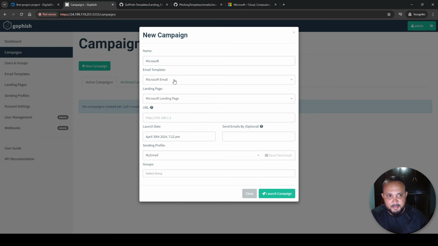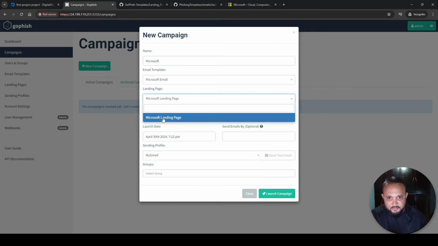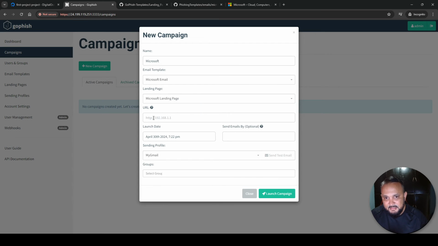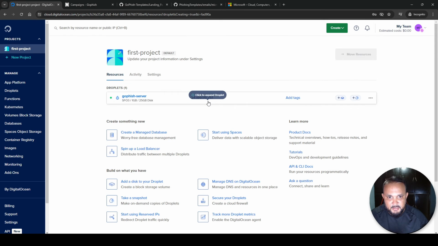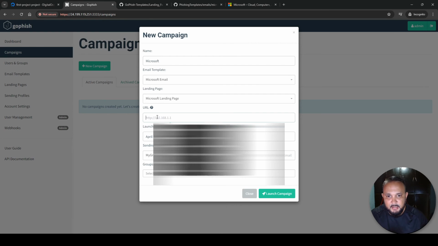So if we had several templates, we could choose a different one from the drop down menu. We only have one, which is Microsoft email. Also landing page, we choose it here. We only have one, which is Microsoft landing page. Now we need to enter the IP address of our virtual machine, right? So to get that, I'm going to head back over to DigitalOcean. I'm going to copy this, and I'm going to come over here now and enter HTTP